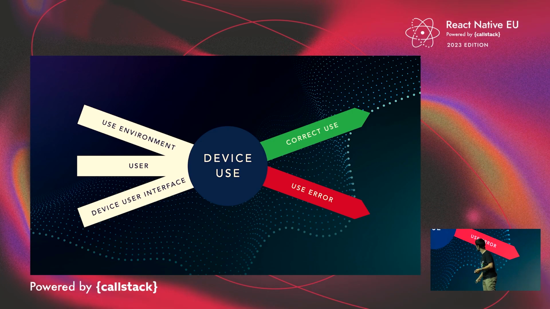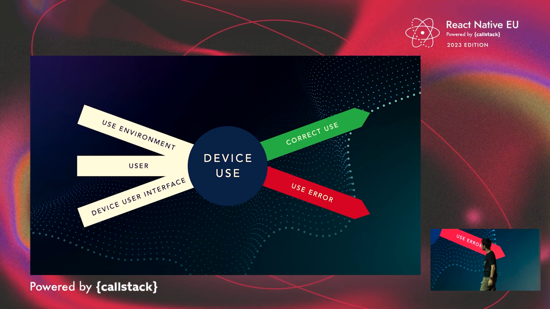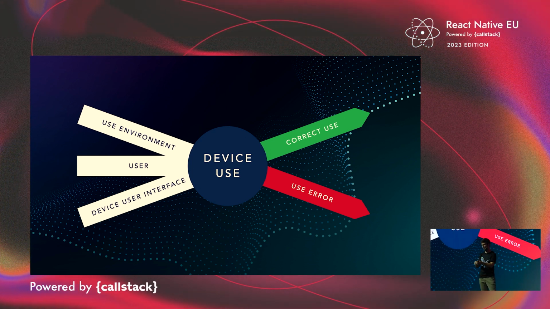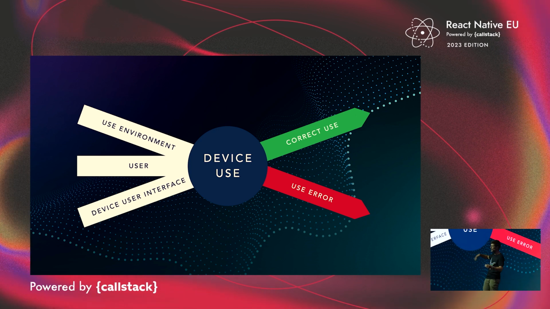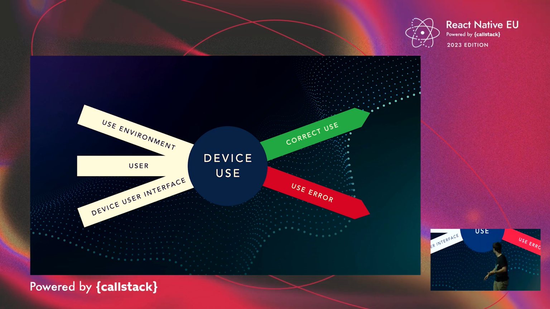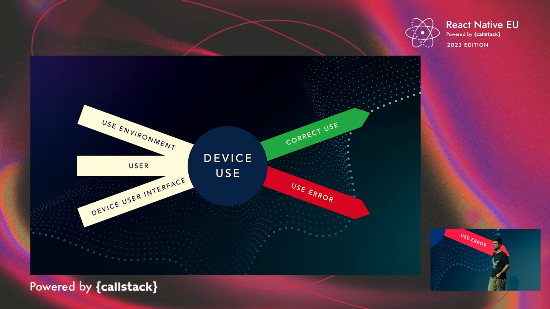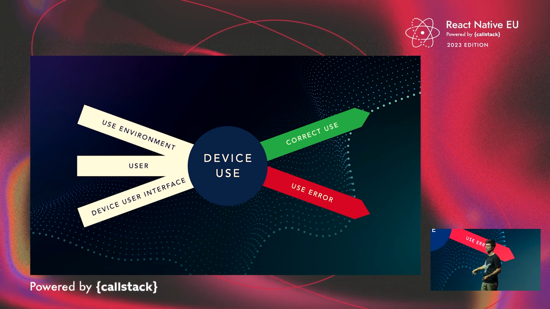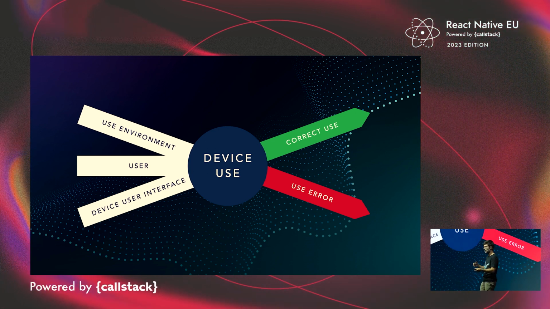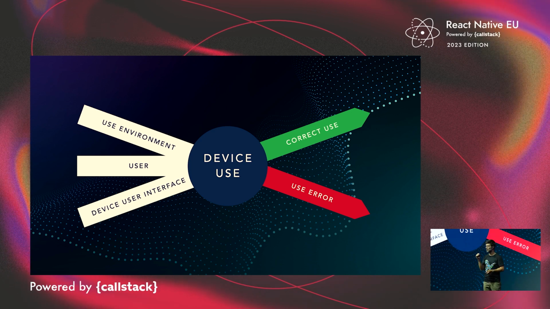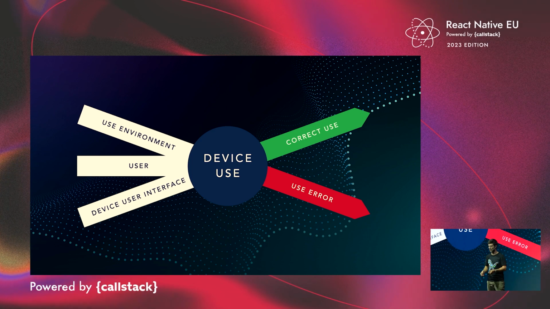But on top of that, it's because normally my day looks this way. So this is the type of diagram that we talk about. We talk about the user environment, the phone, what is going on there, how the user is using the phone, and the device interface, and how all this goes through the device use, and if something can go good or can go wrong. And if something goes wrong, we don't even treat it as a bug. We treat it as a defect, something very serious that can damage someone. So we really seek perfection in an app. It's kind of like launching a rocket, but in a small device.